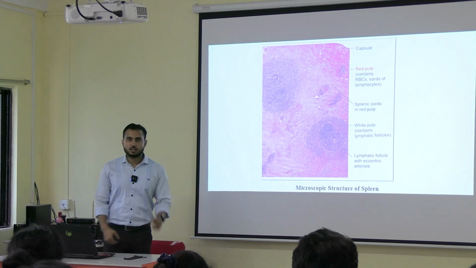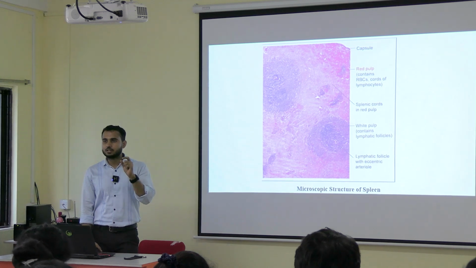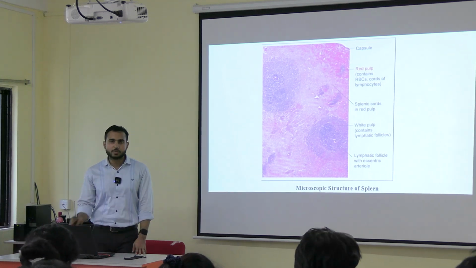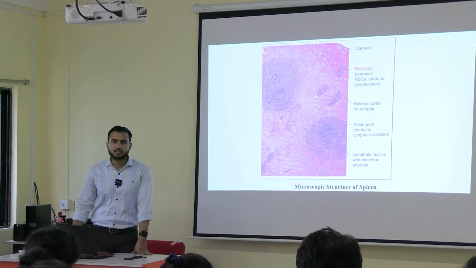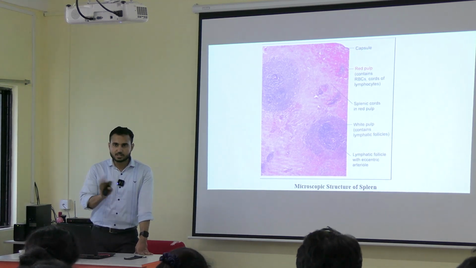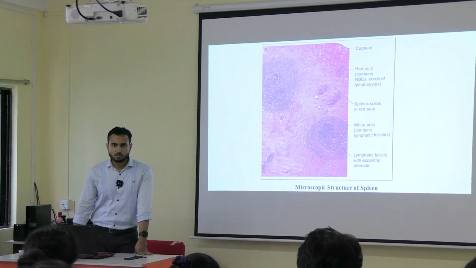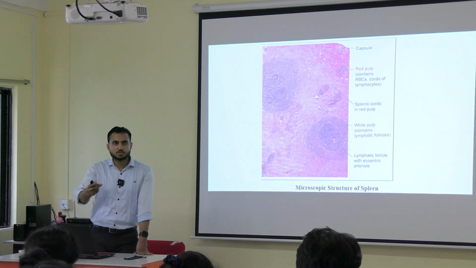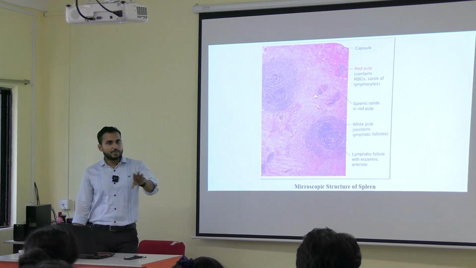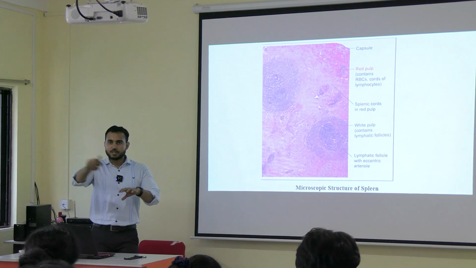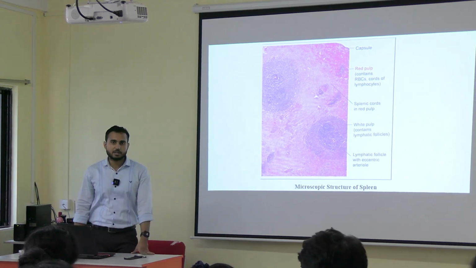Okay? Where red pulp generally under low magnification you can't see properly. Okay? Why you can't see properly? Because different types of cells are there, and those cells cannot be seen under 10x. Okay? More than 40x you have to go, then only you can see some cells. So white pulp easily identify होगा. Around the white pulp जो area होगा, those will be the red pulp only.